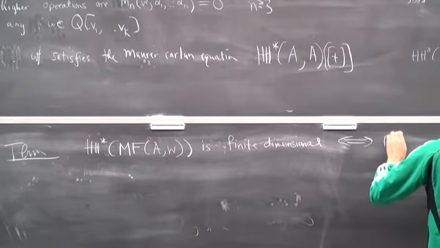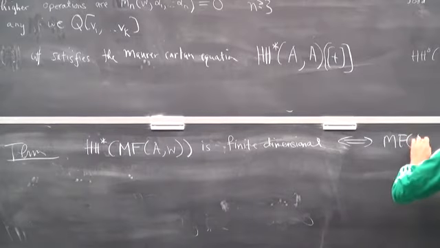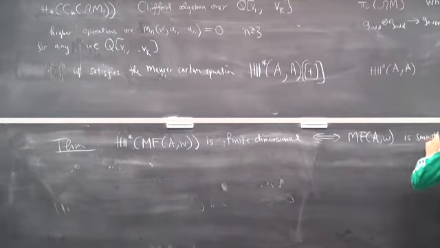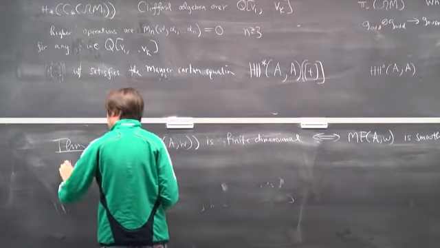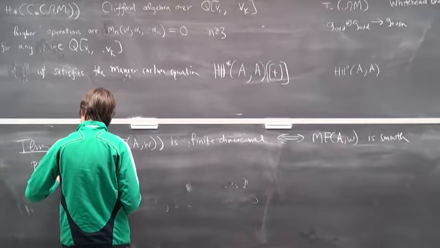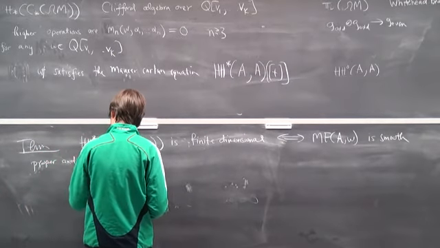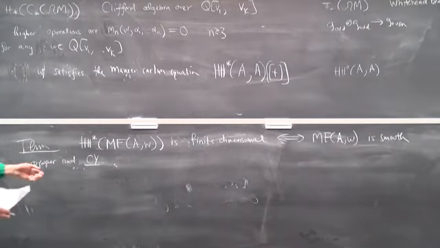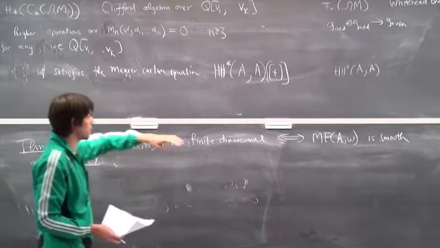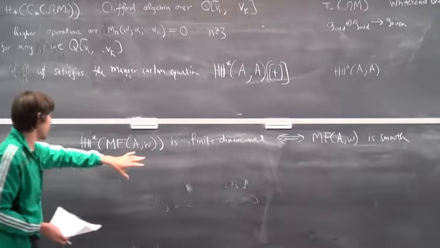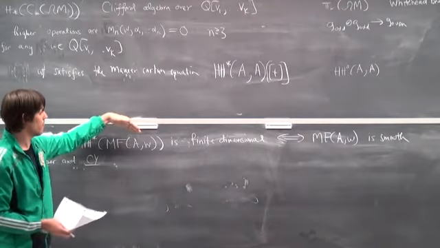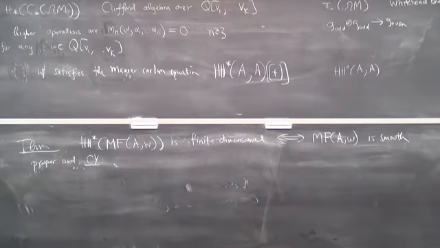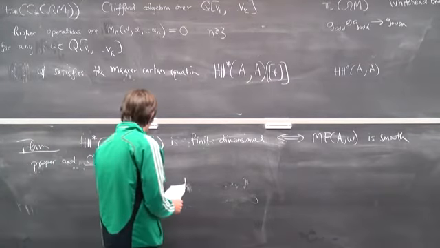Definitely if MF of AW is smooth, proper, and Calabi-Yau. So this doesn't seem like much of an advancement, but obviously if all this is true, then your Hochschild, this is a necessary requirement, but it's something that can be checked. It can actually be computed. And so an example,